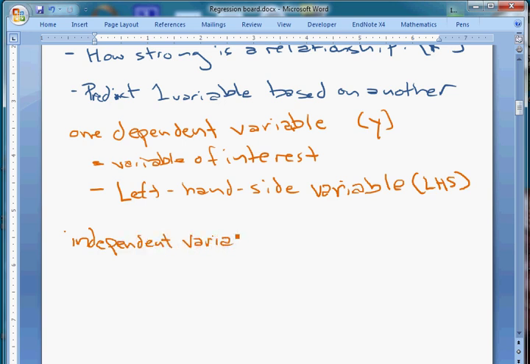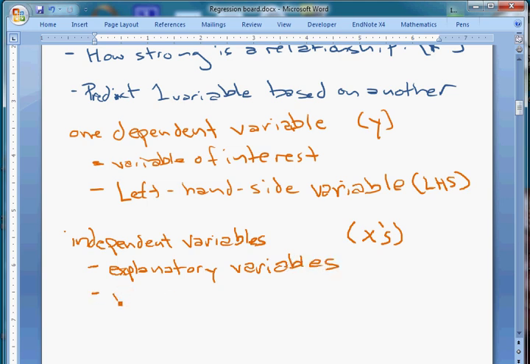Usually we're going to be using continuous or at least numerical variables. These are usually called the x's. Simple linear regression just has one x. We'll get there, but independent variables come by other names. They're often called explanatory variables, which I like, because we're using them to explain variation in y. They're also called regressors sometimes. If you ever see that, they're talking about the x's, because you regress y on the x's. So those are the regressors.